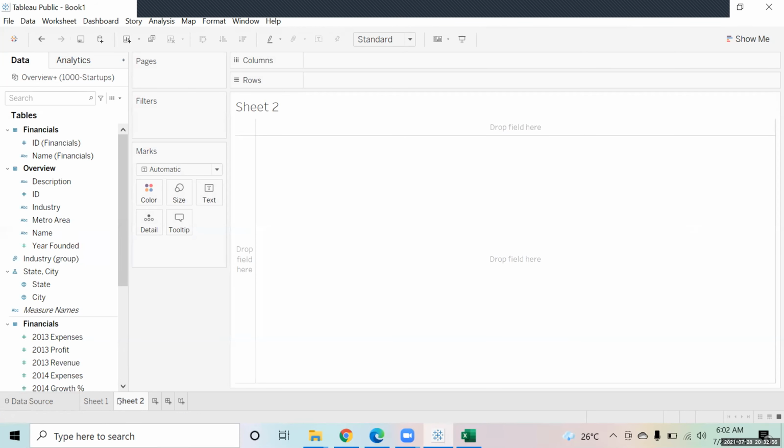Now when you create a set, you will see this dialog box that opens up. It looks something like a filter box that we used to get. Now over here, I am going to select IT services and software, right? I click OK. Now a set has been created, industry set. Now the benefit of this set is if I put this set on the color, I'll get the bifurcation that these two are inside the set, and the rest of the values are outside the set, right? So I can see that thing.